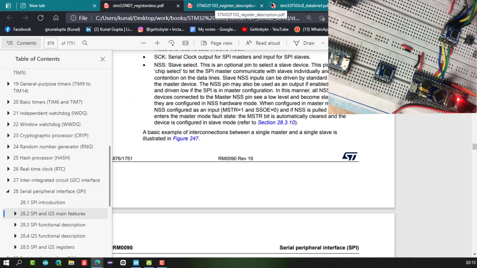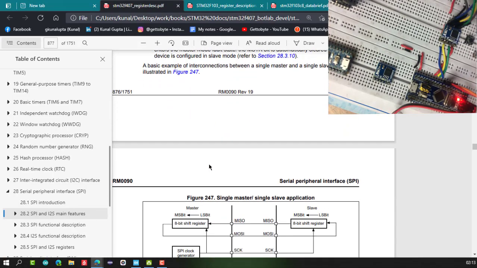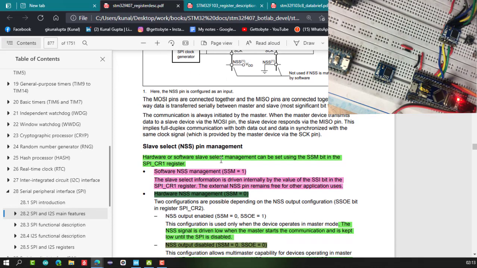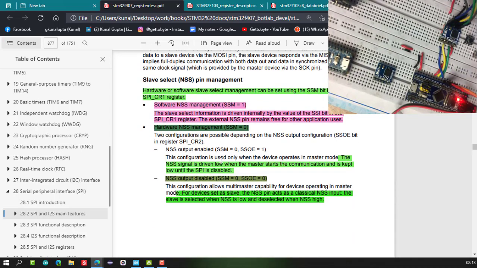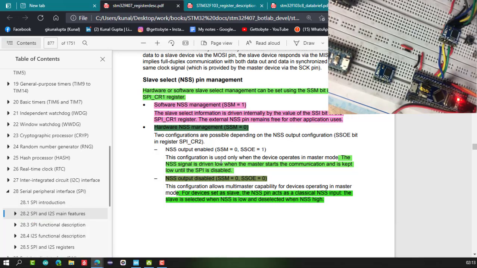Before proceeding, there is one thing I would like to revise from the last video, where we understood the block diagram and the slave select pin management. This is the only tricky and complicated part when making the SPI device driver or understanding the SPI peripherals in microcontrollers: the understanding of the NSS pin configurations.